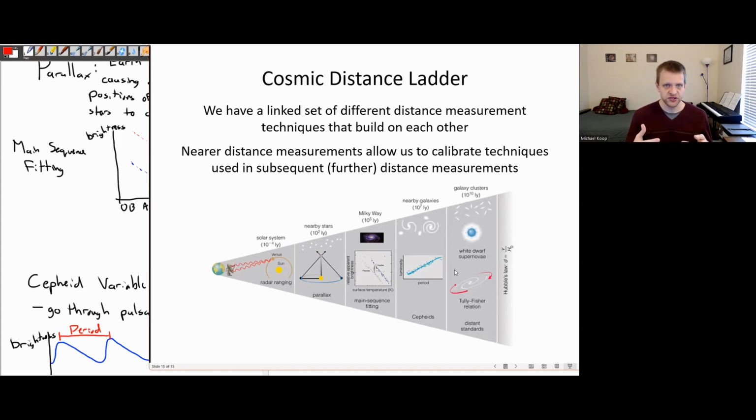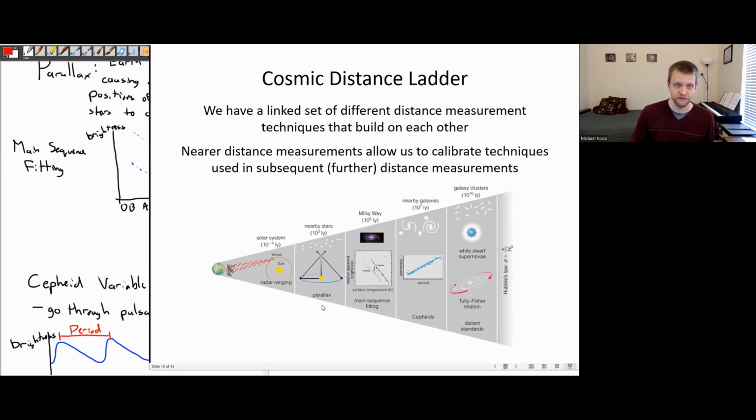One of the problems is, if there's a mistake earlier on, those errors are going to propagate to all of the greater distance measurements. So if, say, I've miscalibrated this HR diagram, that's going to throw off my Cepheid measurements, that's going to throw off my white dwarf measurements. It causes those errors to move down the chain, which is why we want to use more different kinds of distance measurements. There are other kinds of distance measurements out there, and we also want to improve some of these